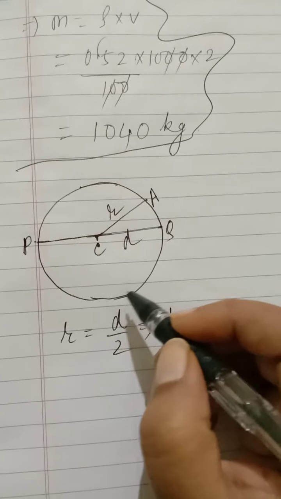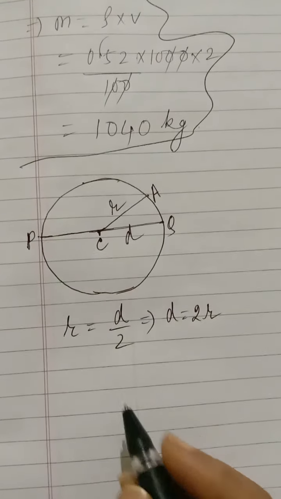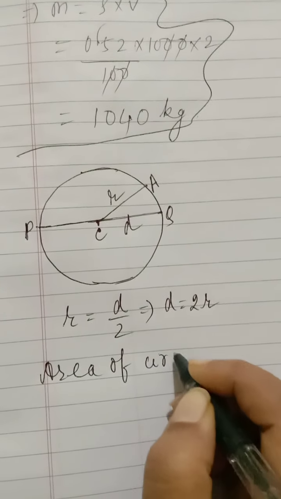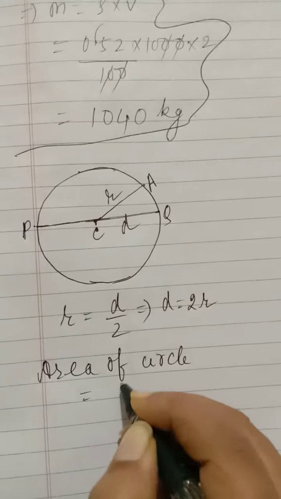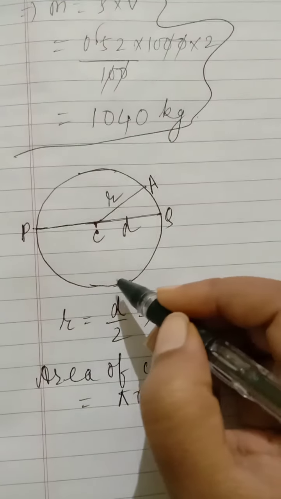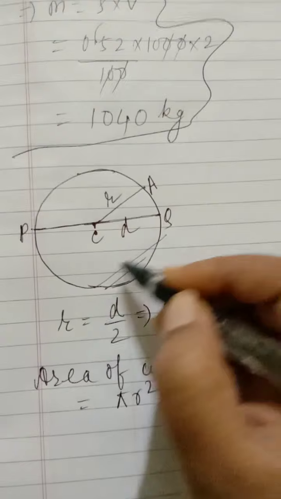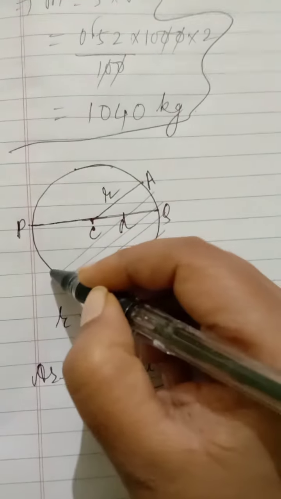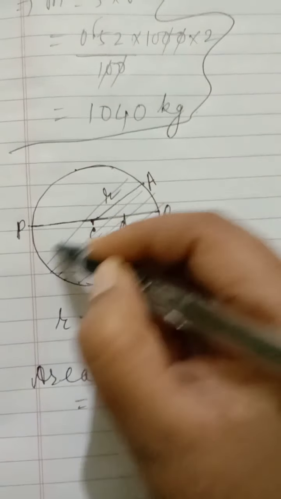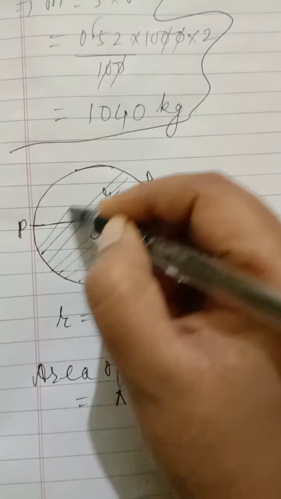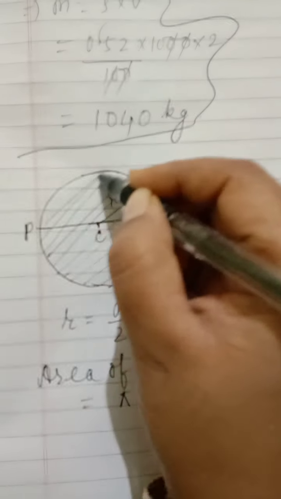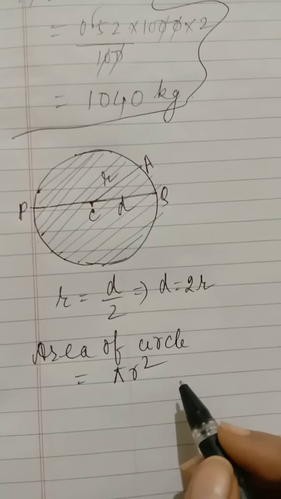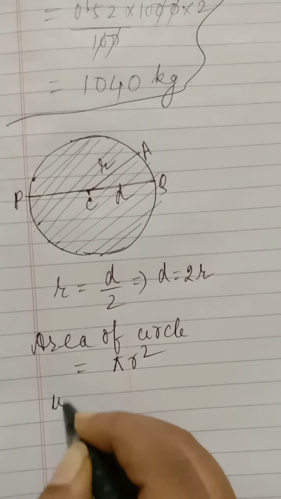Now how to find out the area of the circle? So area of circle is equal to pi r square. This is the area of the circle, the region bounded inside the circle. So the shaded part which I am drawing here, that is the area of the circle. And its formula is pi r square, where pi equals